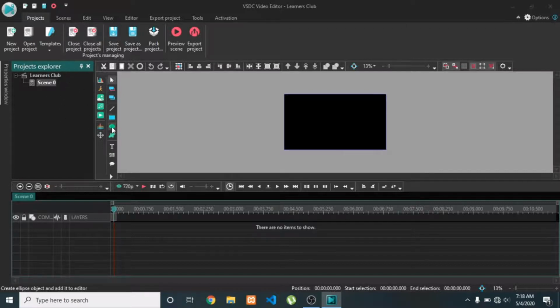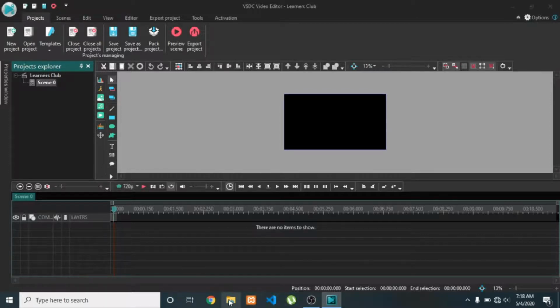I'm importing by clicking here in the property window, just below the project menu, where we have the interface of Project Explorer. On the right side of it there are the options add video, add sound, add an image, add an animation, add chart, and lastly we have the move option. Since we haven't loaded any project, this move option is not available, I mean not activated here, and you can manually import the